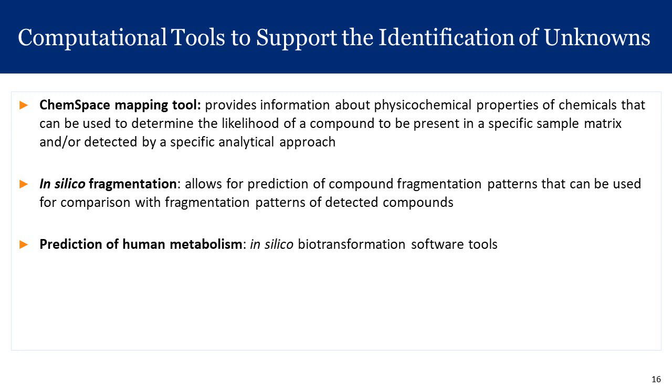This is a very important tool because it provides information about the physical chemical properties of a chemical. So what this means is it, for example, allows software to determine the polarity of the compound and other aspects. And this is very important because it can help to determine if a compound can actually be detected by a specific analytical approach. And it can also help to determine if a compound can actually be present in a specific